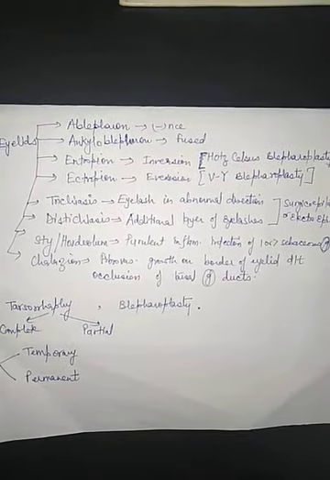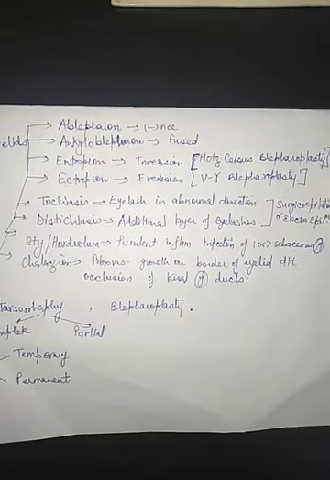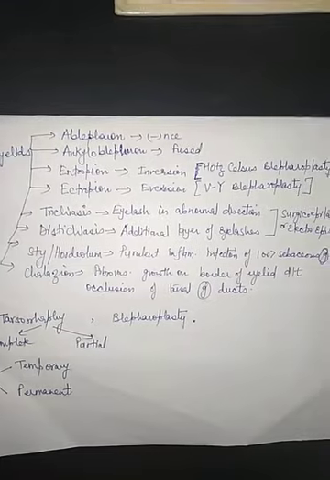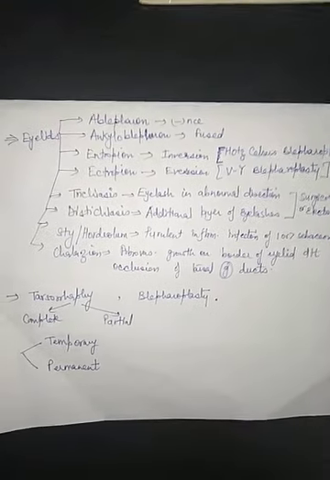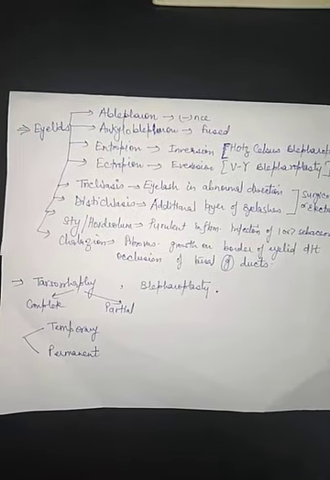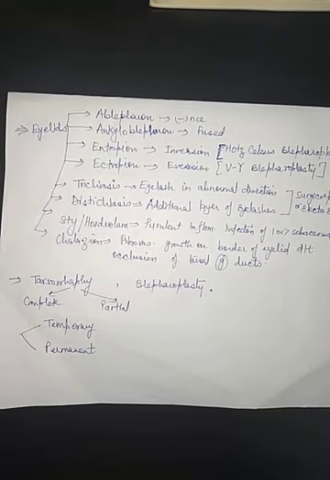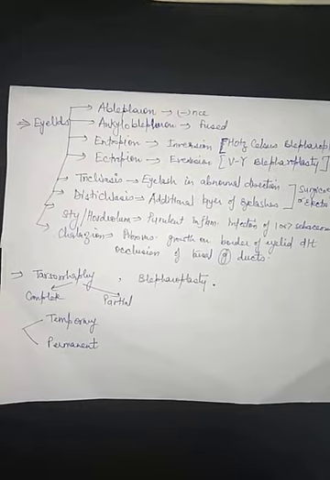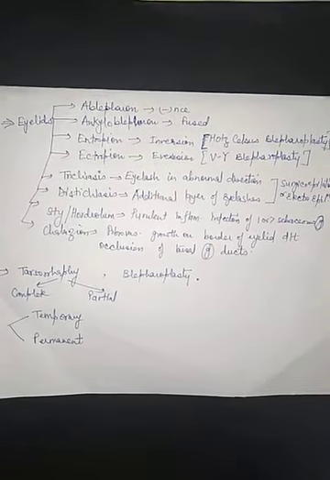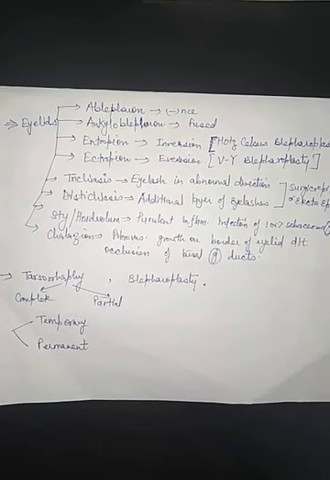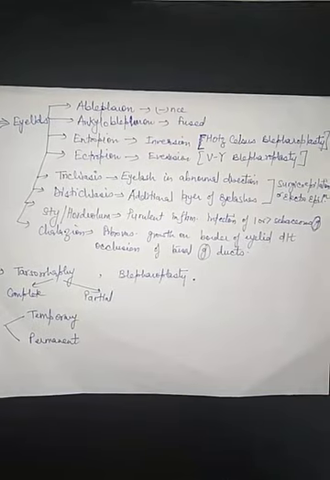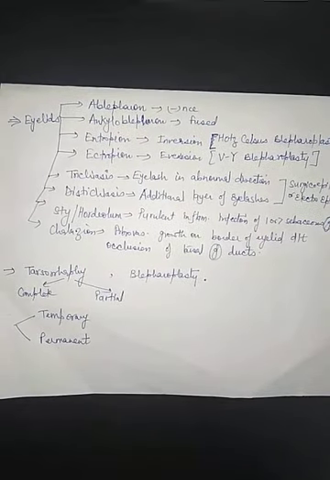Next condition is chalazion. It is a fibrovascular growth on the border of the eyelids due to the occlusion of tarsal gland ducts. The surgical interventions related to the eyelids are tarsorrhaphy and blepharoplasty. Tarsorrhaphy means the closure of eyelids. It may be complete or partial. If the tarsorrhaphy is performed to the entire length of the eyelids, it is called complete, and if it's up to some length, it is called partial.